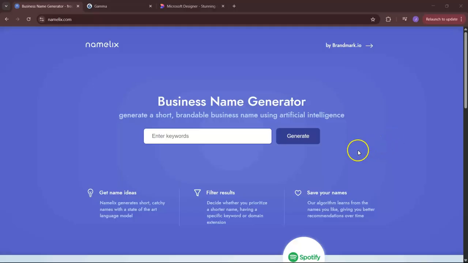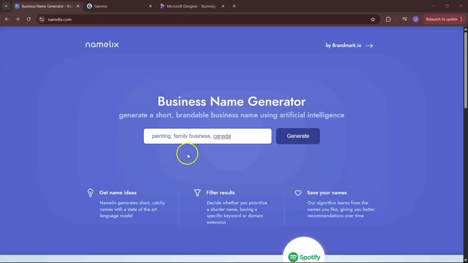Another amazing AI tool that's completely free is Namelix, or Namelix, however you want to pronounce that, at the URL right here. And what this is basically a business name generator that's focused specifically on that. And you can just give it a few keywords of what your business is, and it'll come up with something that fits that criteria. So for instance,